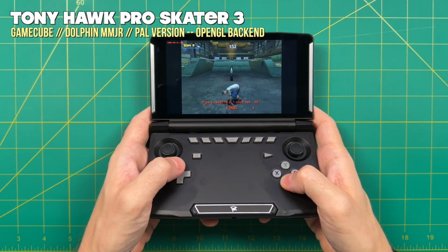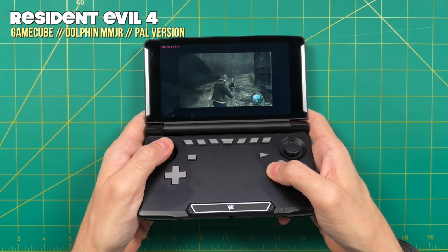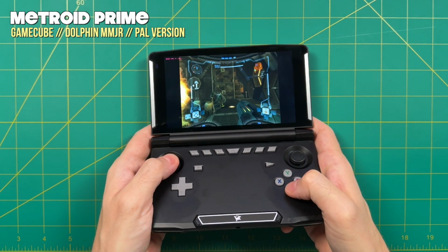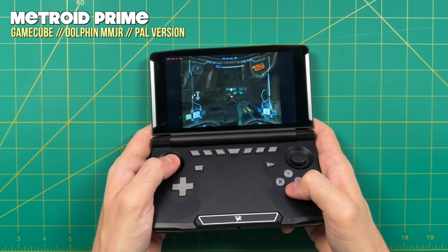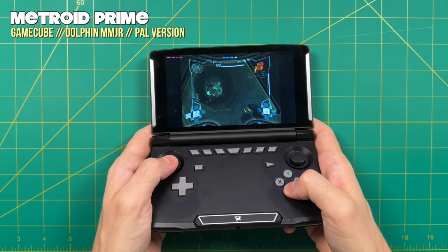And of course, I would say the other half of the Nintendo GameCube games are going to have a lot of slowdown, and it's going to really be up to your tolerance level. And so to say that a game like Resident Evil 4 or Metroid Prime are going to be playable really depends on you. Personally, I think these two games are just a little bit too slow to be completely enjoyable. I think I would spend too much time thinking about the fact that I'm getting slowdown than just actually enjoying